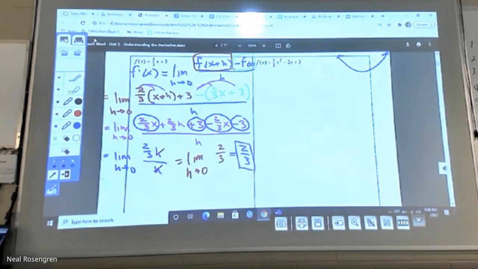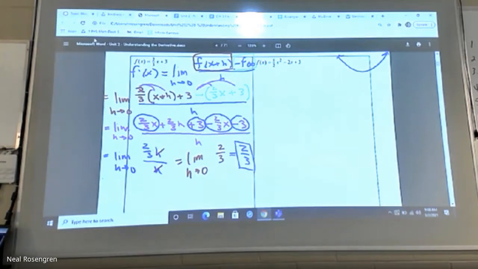But imagine kind of moving along that graph from left to right. Imagine you were a point kind of walking through that space. You're going to go down, and then you're going to level out, and then you're going to come back up, right? Your slope, how your position changes, is going to be different every step you take. It'll be a little steeper, and then a little flatter, and then completely flat, and then back up you go. So when we find the limit of this difference quotient, we find the derivative. Because the function is changing, the derivative is going to change.